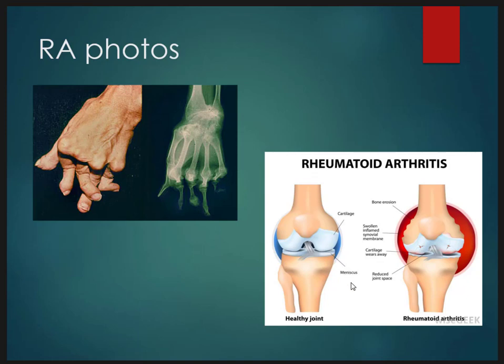And here is just a drawing of rheumatoid arthritis. Here we have a normal healthy joint, and you can see the cartilage. It's very smooth where it shapes that it's covered, and then down here is the meniscus. In a rheumatoid arthritis joint, we have unevenness of the bone where it has been eroded away. The synovial fluid that's around it is swollen and can be irritated. The cartilage has worn down, and we get what people refer to as bone on bone, but you can see in both these areas that the cartilage has worn away. And then also we have a distinct difference in joint space because that meniscus has worn its way down as